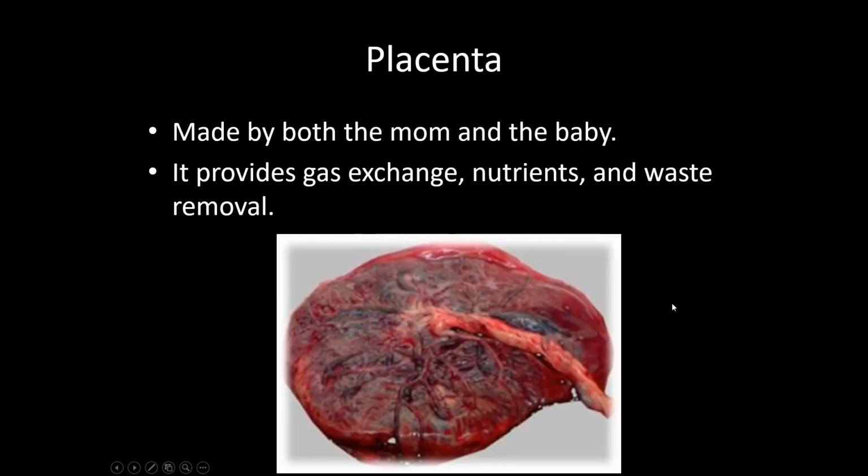The placenta. So it is a dual organ. It is made by both the baby and the mom. However, the two tissue types, once we get it organized, mom stuff and baby stuff is really close to each other side by side, but it's important that you understand that mom's blood and baby's blood do not directly mix with each other. While there are bad things that can cross the placenta, like hepatitis B, for example, which we talked about in the digestive system,